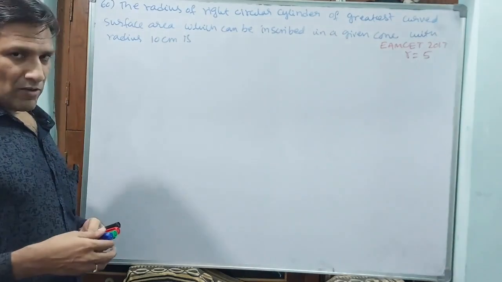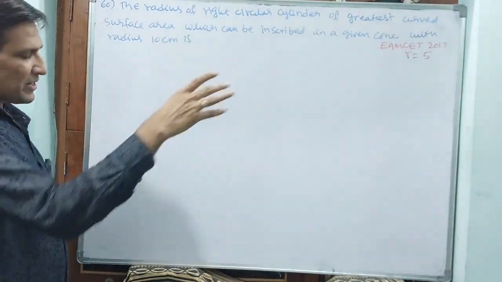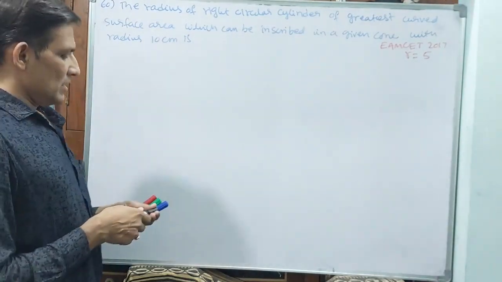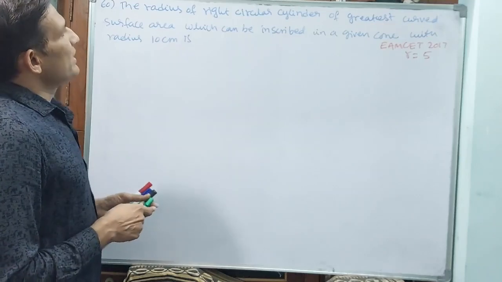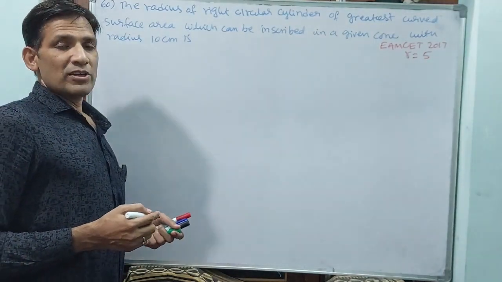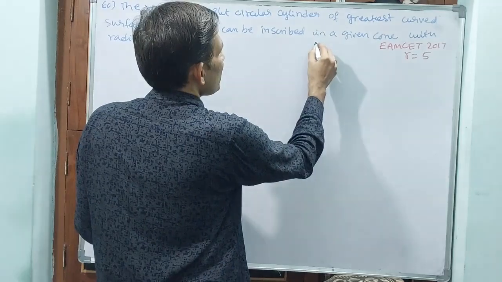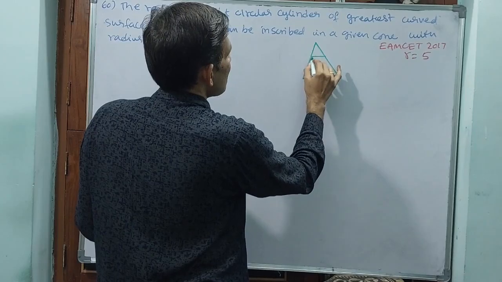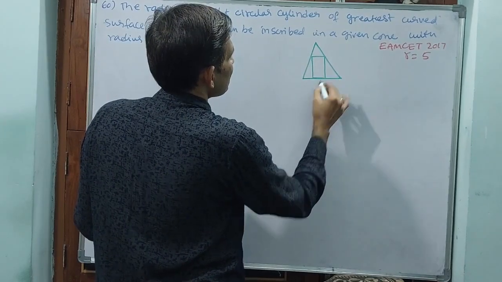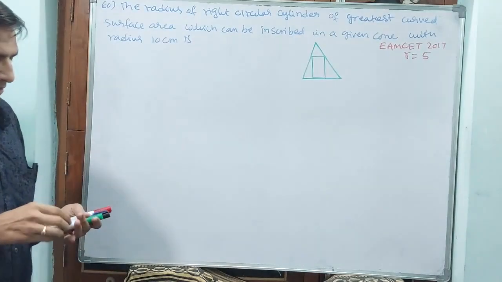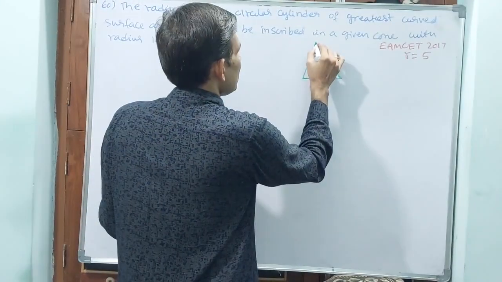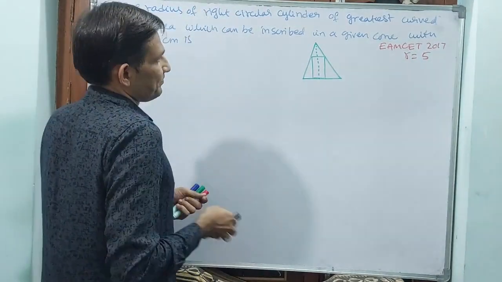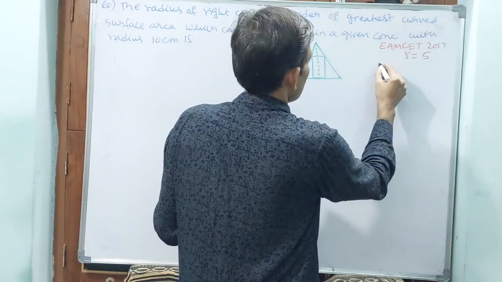See, 2 figures I want to draw. First normal overall figure, afterwards enlarged figure. Enlarged figure will have more details but not the full figure. See how I am drawing this figure. First, we are inscribing a right circular cylinder inside a cone. That means, say this is the cone. We are inscribing one right circular cylinder inside like this. This is the main figure. Now see how I am doing. 50% again enlarging here, this portion. See what I am doing.